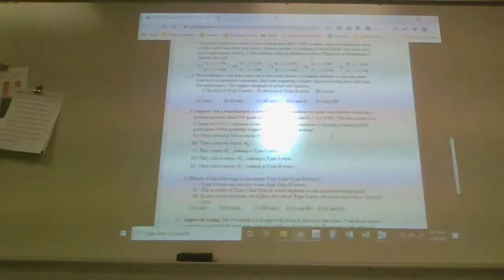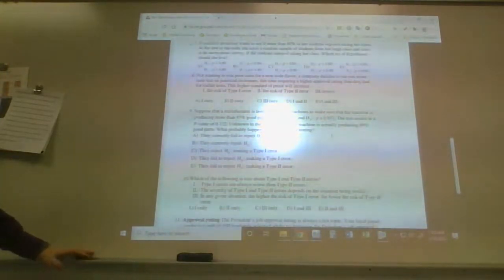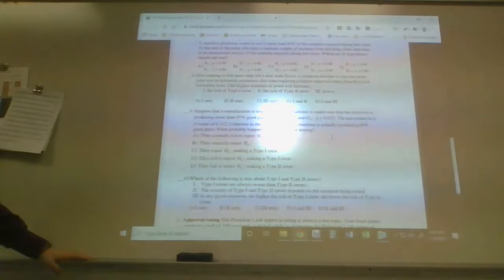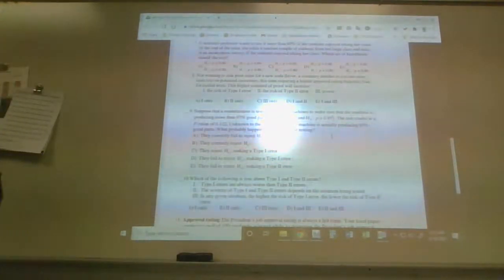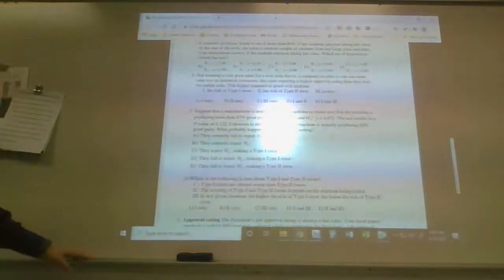Number 9, suppose that a manufacturer is testing one of its machines to make sure that the machine is producing more than 97% good parts. The null hypothesis is P is equal to 0.97, meaning there's nothing going on, nothing out of the ordinary. And the alternate is P greater than 0.97. The test results in a p-value of